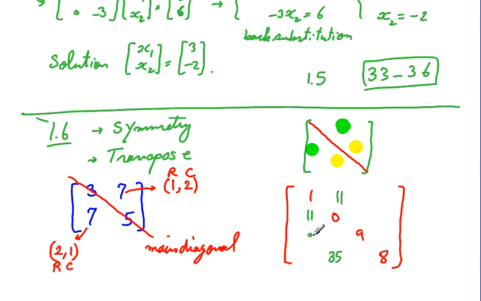Let me see. Let me make it clear. Okay, so this is row 4, column 2. Going to the other side, I will go to row 2, column 4. So it's going to be 35 seated here. And so on. If I have an entry, say 10, who's going to be 10? 4, etc. So if I have a matrix,